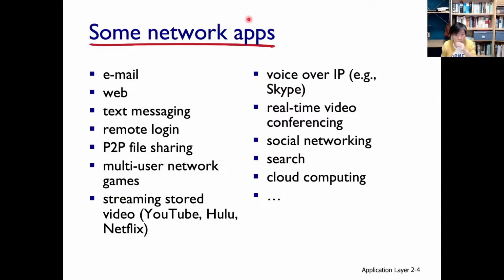To make sure that we're in sync, let's inventory some of the popular network applications here. Email, web, nothing more to be said. They are obviously email and web. Text messaging: Line, WhatsApp, what else? Google Messenger. And if you guys are watching this from a YouTube live stream, that chat room is a text messaging app. Remote login. If you downloaded a client to log in remotely to the PA server, then you're using a remote login application or remote login service. P2P file sharing, the most well-known one, BitTorrent.